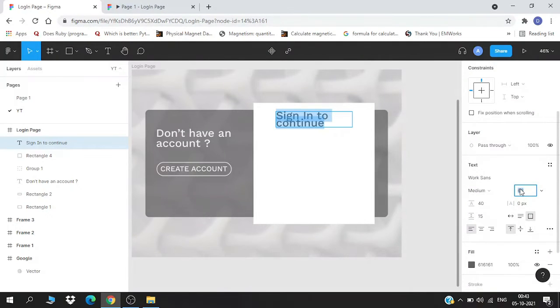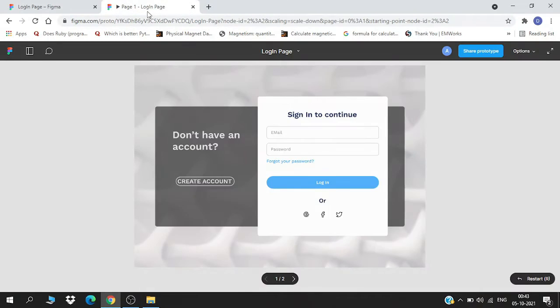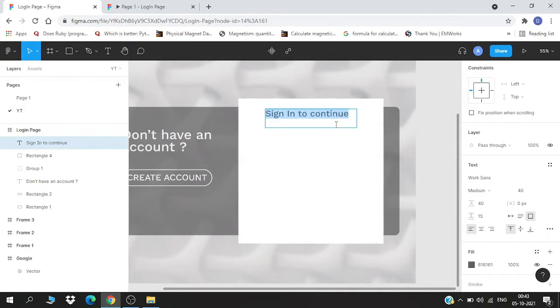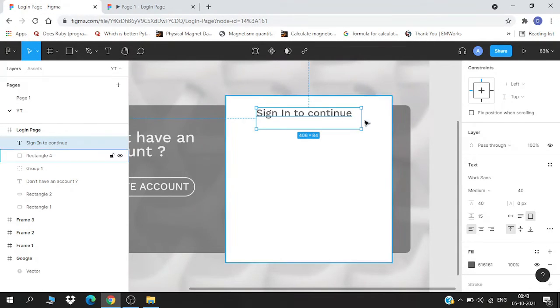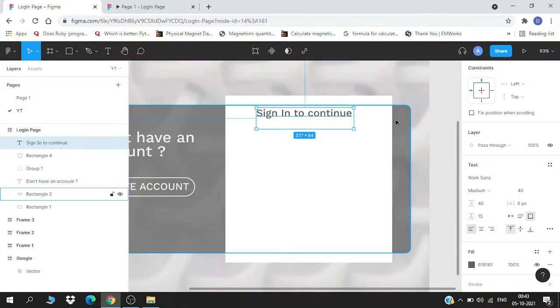Every color has its own meaning, and therefore while designing your UX design you must be careful with the selection of colors, because they really play a very important role. And I have to first decrease its size, it's too small. So I was on the color and I was saying that always remember to choose the appropriate color, because they do play a very important role.